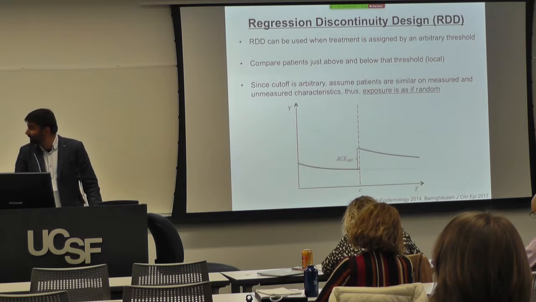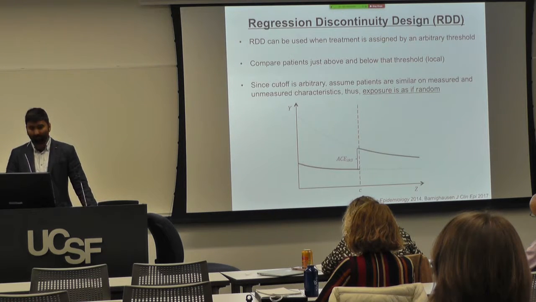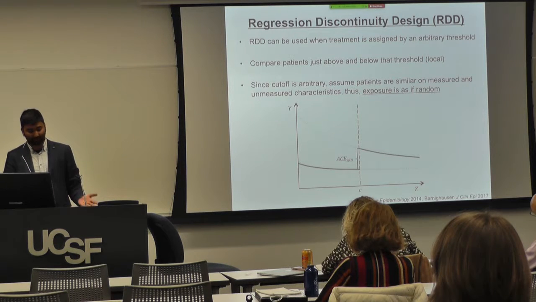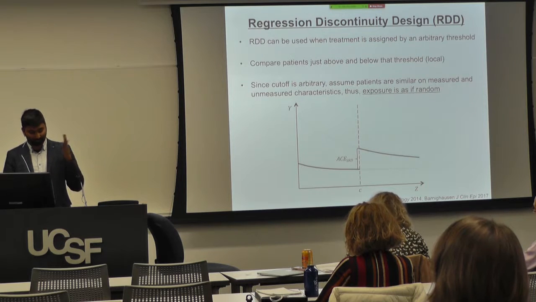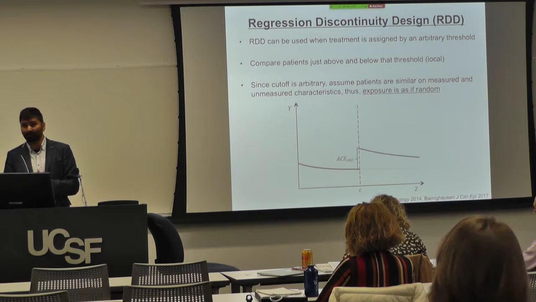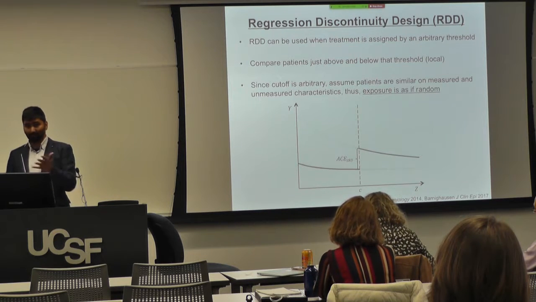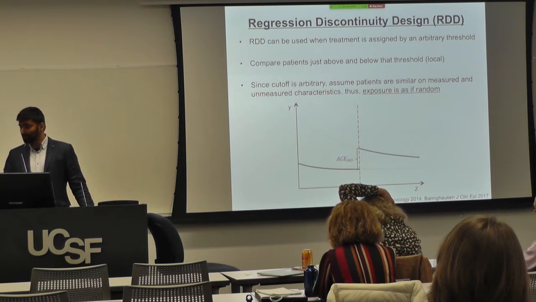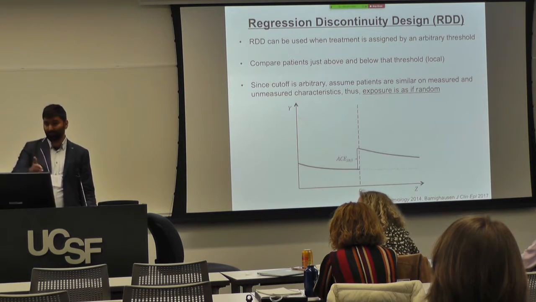So we used a regression discontinuity design for the first part of this study. These study designs in general can be used when treatment is assigned by a threshold that is essentially arbitrary, which could be, in the case of CD4 thresholds, a threshold of 350 compared to 349 or 351. Or, I think Thomas brought up today, when eligibility criteria for a trial is based on an arbitrary gestational cutoff, you could look at just before and after that cutoff.